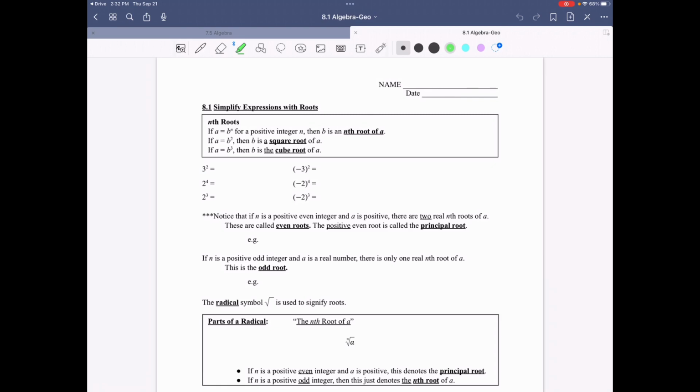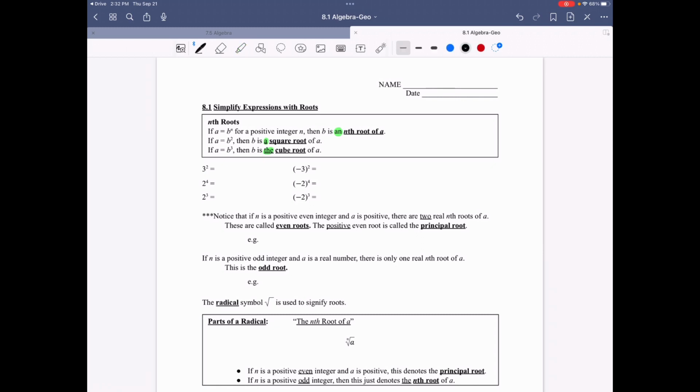If a equals b to the nth power for a positive integer n, then b is an nth root of a. It'll make more sense on this next one. If a equals b squared, then b is a square root of a. So that's the difference between an nth root and a square root. If a equals b to the third, then b is the cube root of a. So let's look at how this turns out